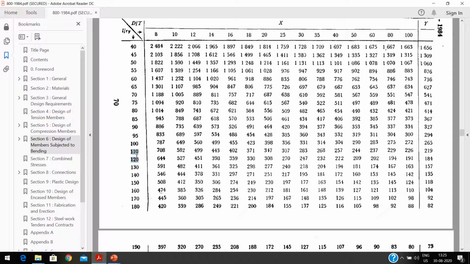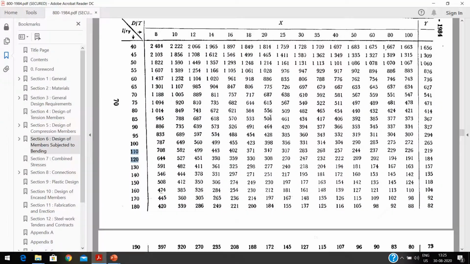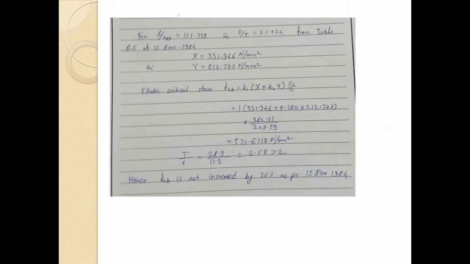It is between somewhere over here, that is L by R. D by T is 21.04, it should be somewhere between these two values, that is this, and Y is between these two values. So by interpolating and choosing the values, we are getting X is 331.964 and Y is 212.777. So the elastic critical stress by using this formula, so K1 is 1, that is 331.946 plus this K2